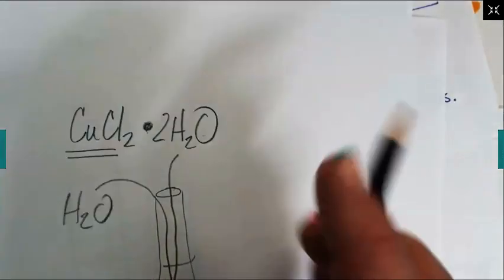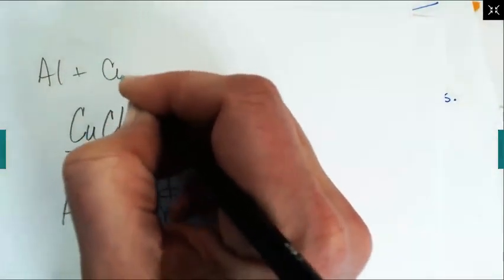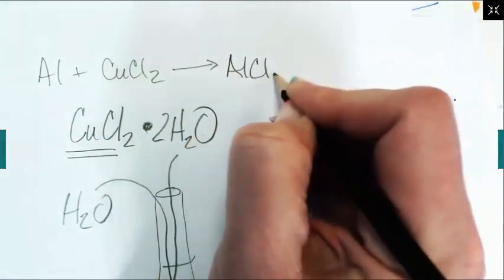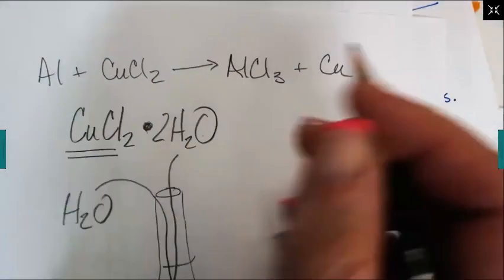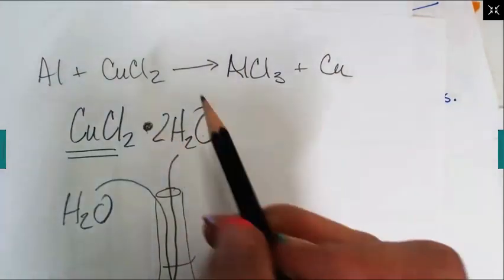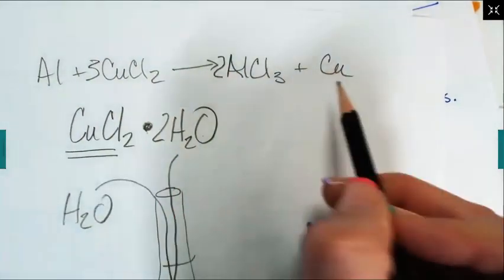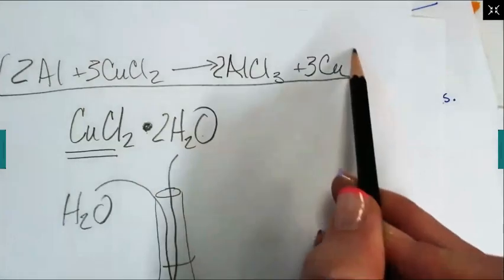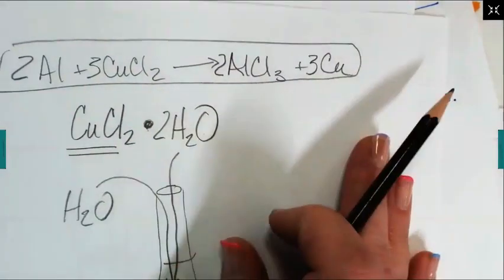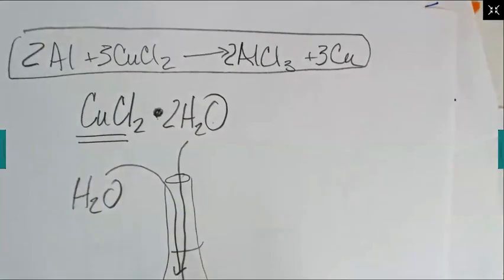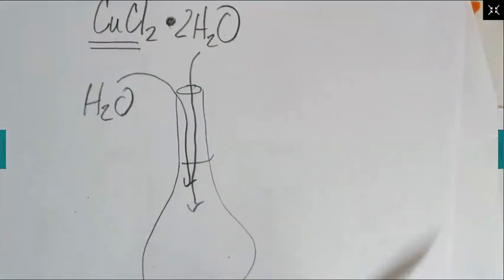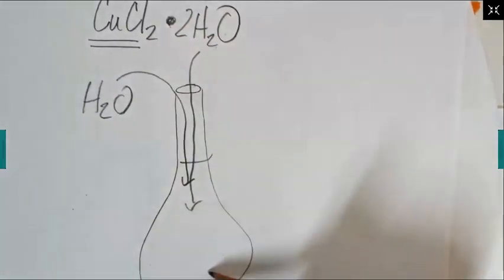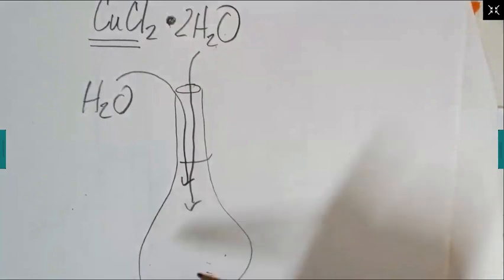So the formula still is, you're adding aluminum to CuCl2, and we're gonna get AlCl3 and copper. It's still the same thing you did before. Right? It's still this. You're still gonna refer to this for your stoichiometry. Just ignoring the dihydrate? Okay, no, you're not. No, you have to take the dihydrate into account, but you're making a solution, right? You're making a solution with it.